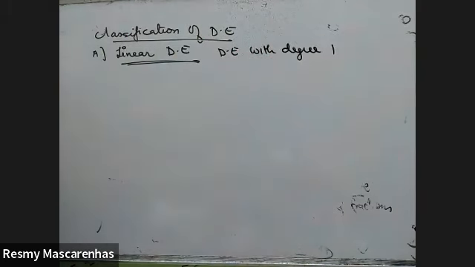Now you know what is the degree. So if the equation has degree 1, in the previous example degree was 2, then it is not falling under linear category. Only if the degree of the equation is 1, then it is called a linear differential equation. Example,